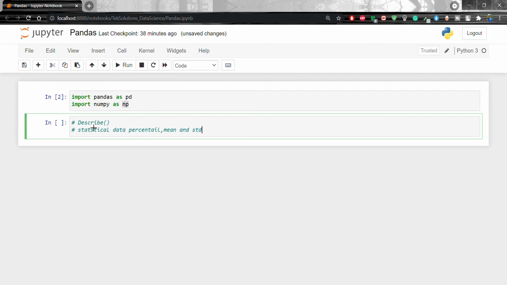It analyzes both numeric and object series, and also a data frame column set of mixed data types.